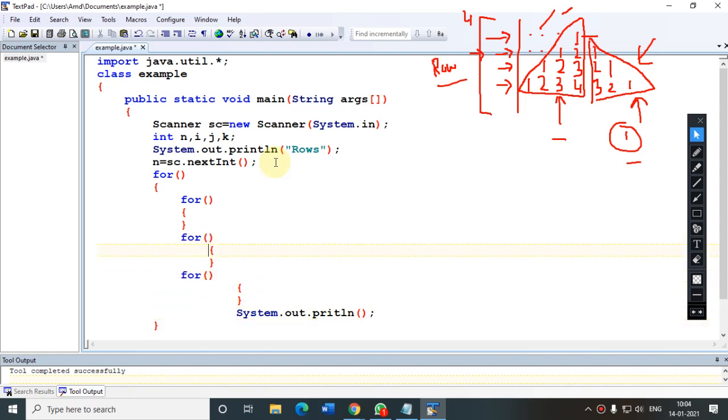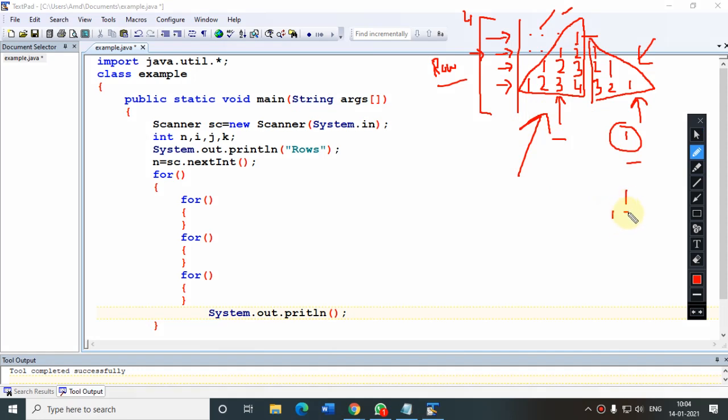So now we will fill it one by one. Whenever you are doing this type of pattern, do it on your notebook, that would be better. First of all we will focus on the right side pattern. The right side pattern is printing 1, 1 2, 1 2 3. So for that just come to the third loop. This is for printing 1, 1 2, 1 2 3.